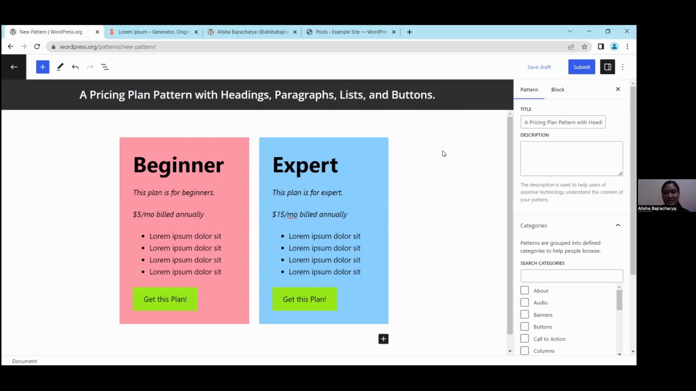Similar to the title, we should also add the description. A description is nothing but the descriptive form of the title you have just added. So I will write, create a pricing plan section on your website that includes